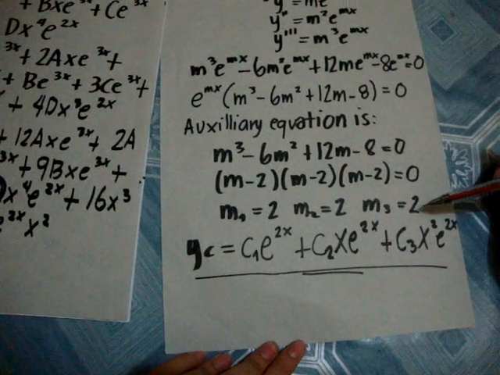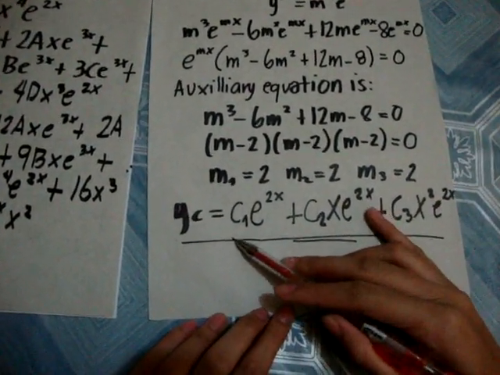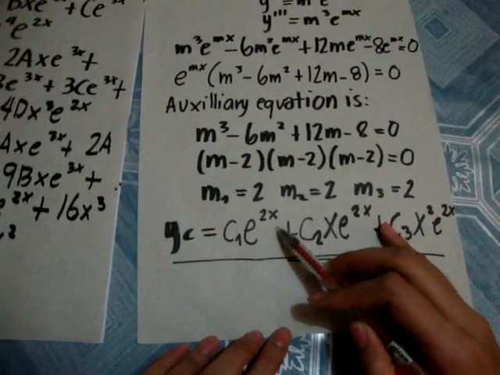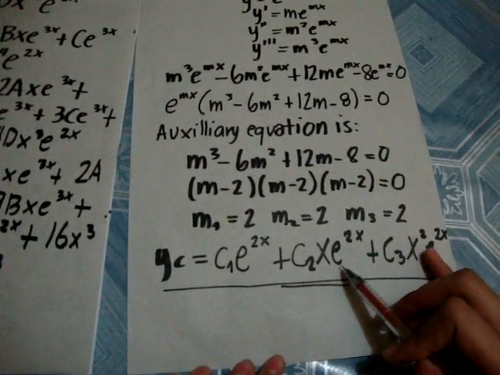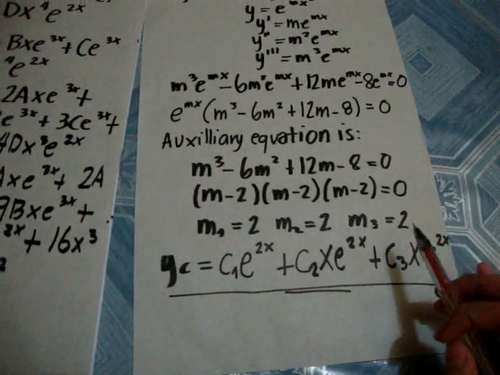We have repeated real roots, so our complementary function is yc is equal to c1 e raised to 2x plus c2 x e raised to 2x plus c3 x squared e raised to 2x. To find the particular solution yp,